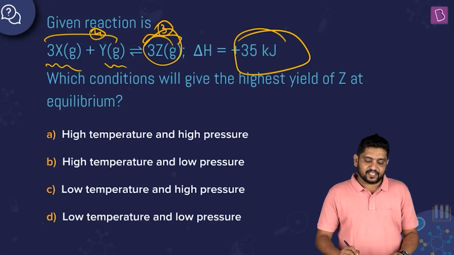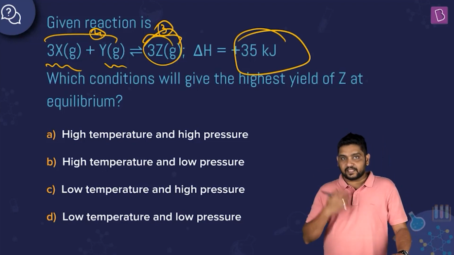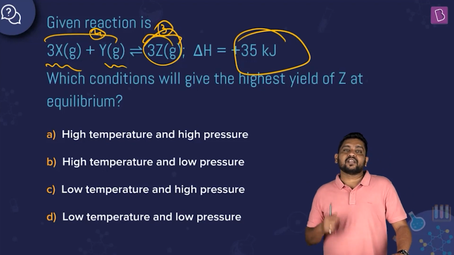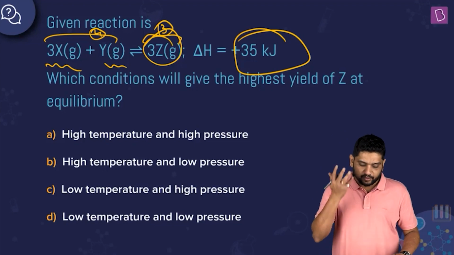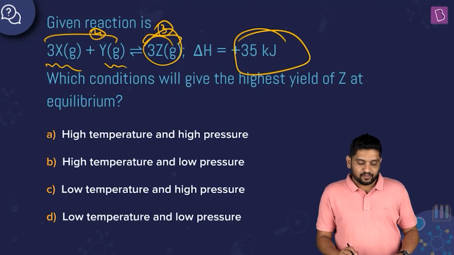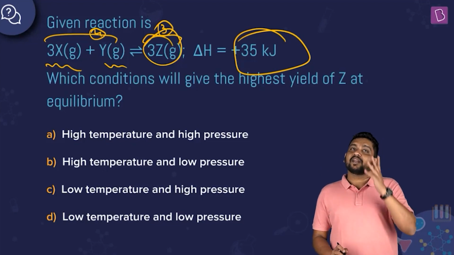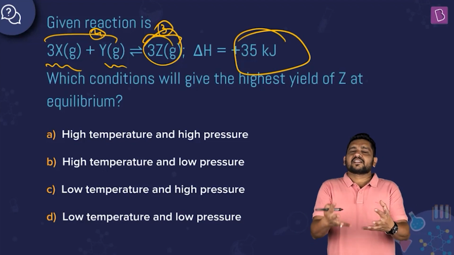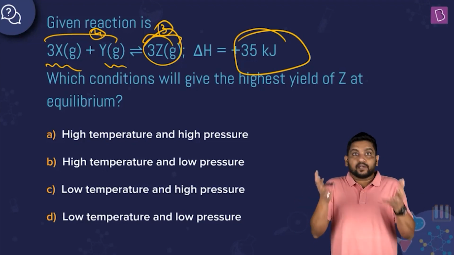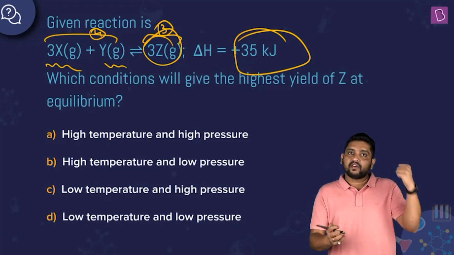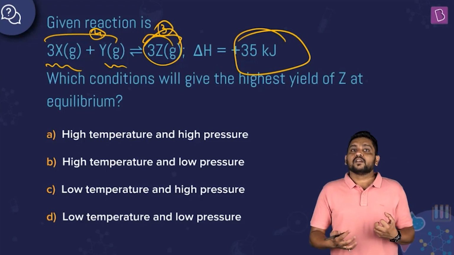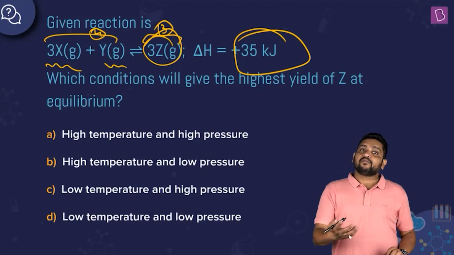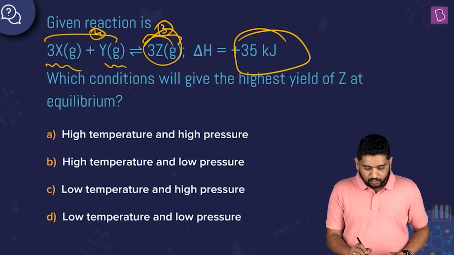Now delta H is given as a positive value. This is an endothermic reaction, right. So an endothermic reaction will proceed in the forward direction if you give it heat, or if you increase the temperature. So if you increase the temperature, an endothermic reaction will go in the forward direction. Think about temperature like this: an endothermic reaction is something that requires heat. So when you are increasing temperature, it is almost as if you are throwing heat at the system. So the system will try to consume that heat. So the endothermic direction is what it goes in if you increase temperature. Just remember this.